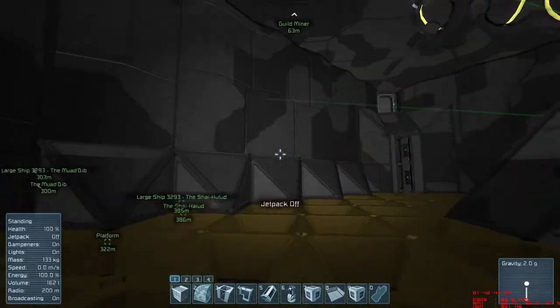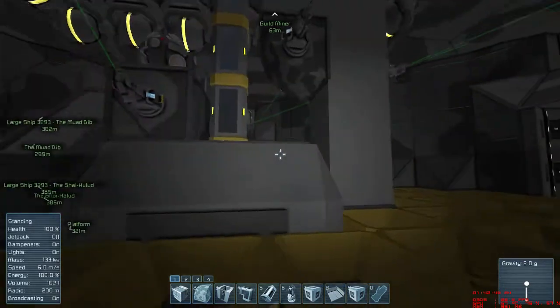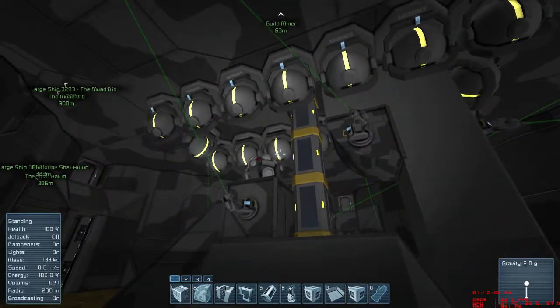This is the second deck. This is the mining deck. The whole point of the mining guild ship is that it's supposed to find a very large asteroid and activate the main drill heads. Start boring into the surface. Once it gets to a certain depth,